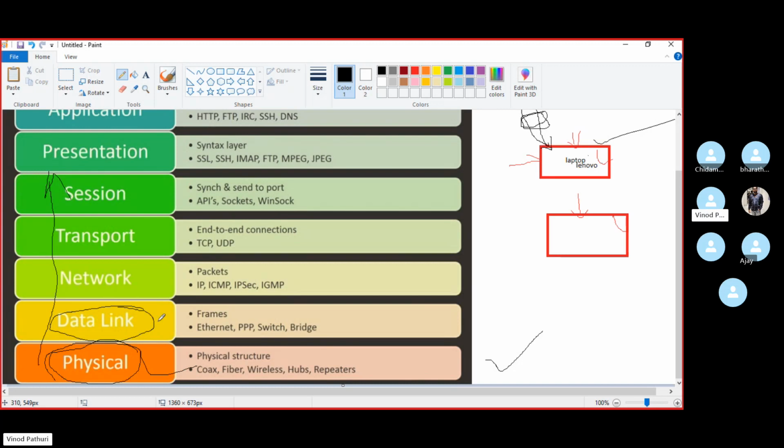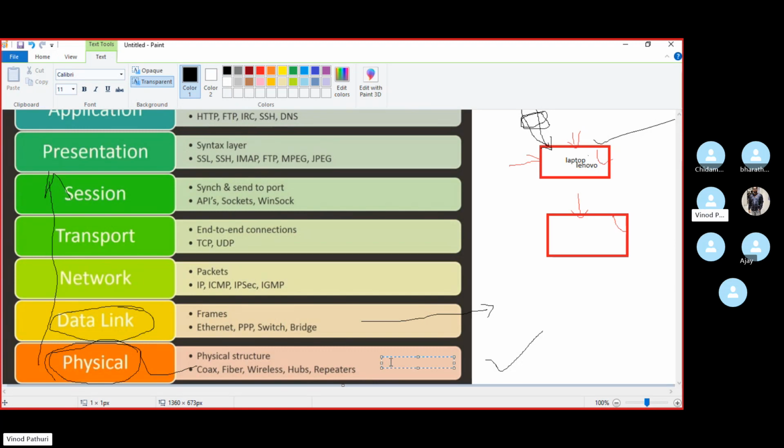Here in the physical layer, layer one, we call our data bits. Okay, because the computer can only understand the binary language. The binary language is in bits, zeros and ones.